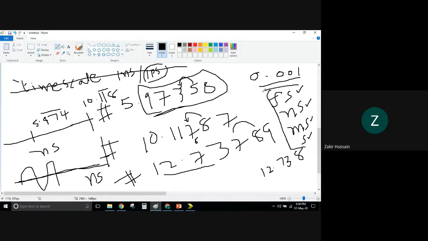So most likely femtoseconds it will maintain. But if we don't want this scale to be in femtoseconds, we have to tell the compiler to take this scale in nanoseconds. So now this is 4 nanoseconds, and this is 118 nanoseconds. This is 12.738 nanoseconds, like that.